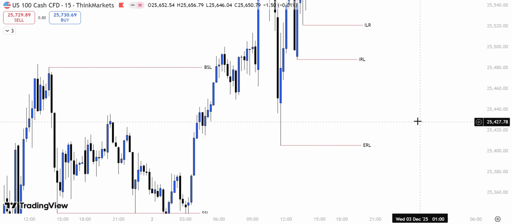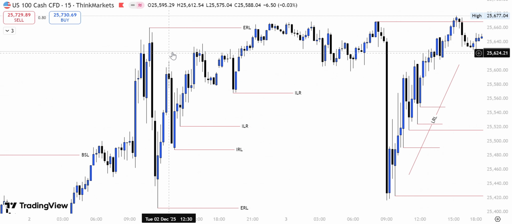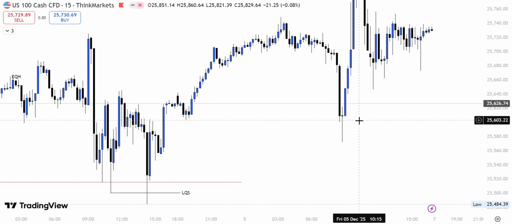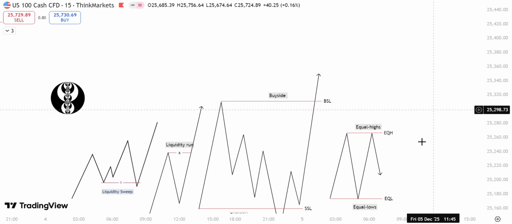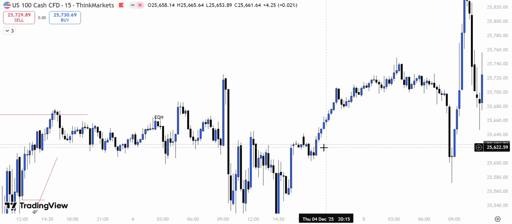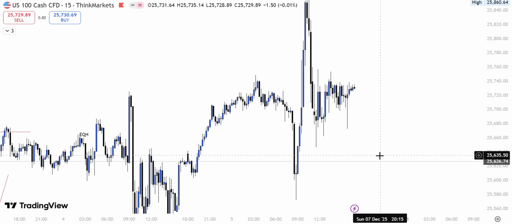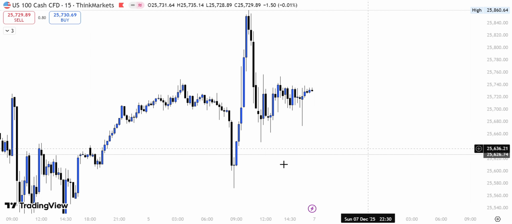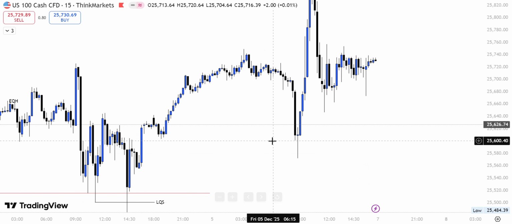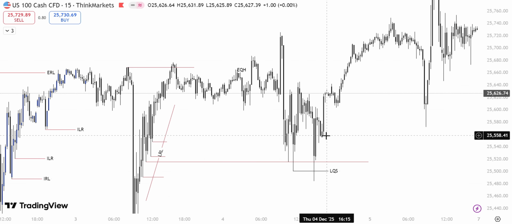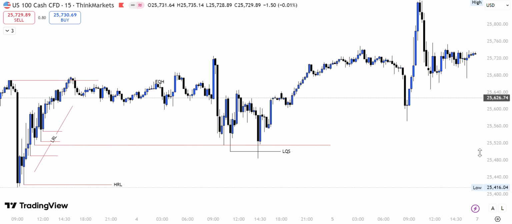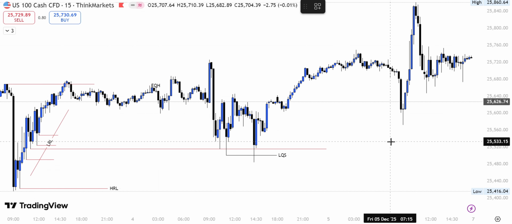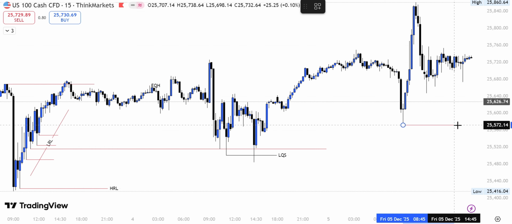Now, I don't want you to go into charts and just start drawing lines on every wick you see, because that is just the road to unprofitability. As I say, you want to make trading as easy as possible, because trading is already complicated, and if you overcomplicate it, it's going to make things even worse. Therefore, you're only going to draw lines on the wicks that